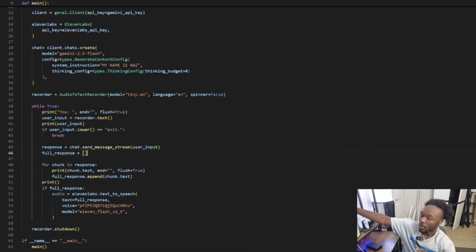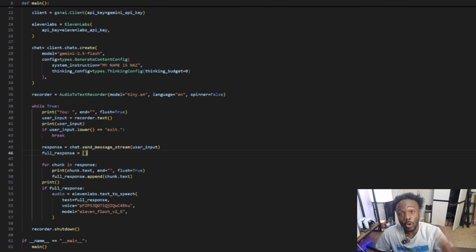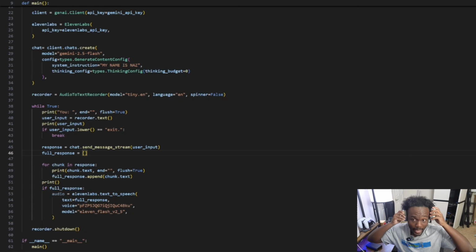Before you run this, you have to put on headphones, because if you don't put on headphones and your mic and your speakers are separate, what's going to happen is that your AI is going to talk. It is going to hear itself talking, thinking it's you talking. It's going to keep on going back and forth, right? But that's neither here nor there. Make sure you have on headphones. So when you switch,